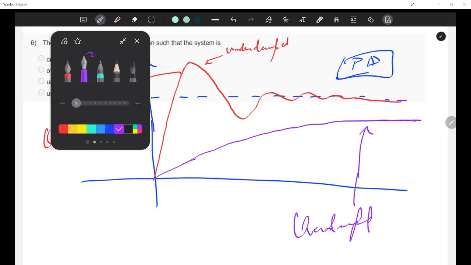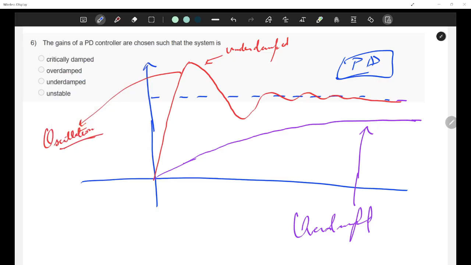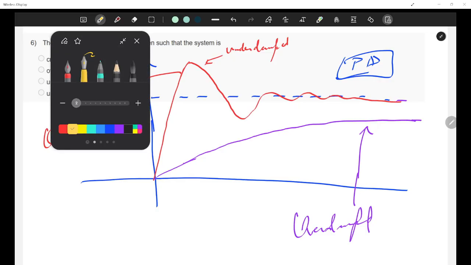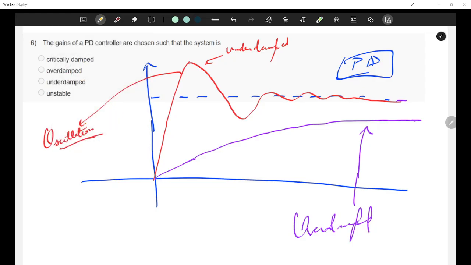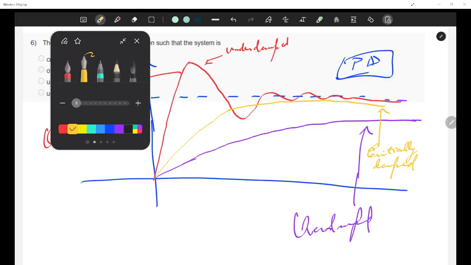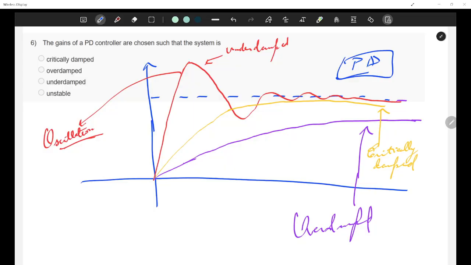But if we go with a critically damped system, what would happen? It would be relatively faster to reach and would not have oscillations either. You won't be oscillating, and it won't be too slow.